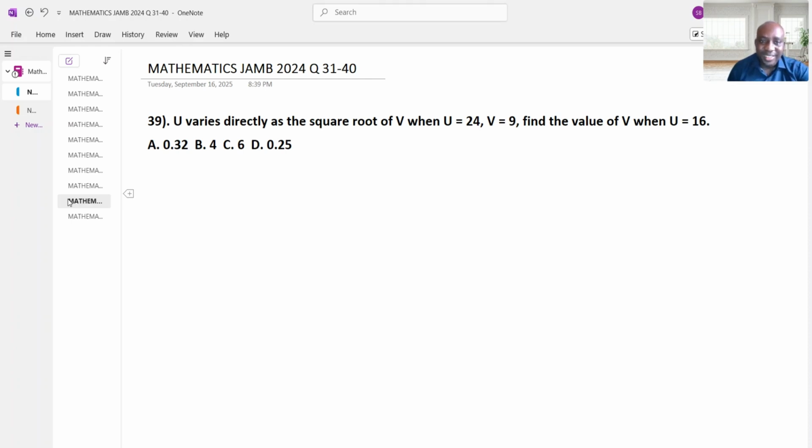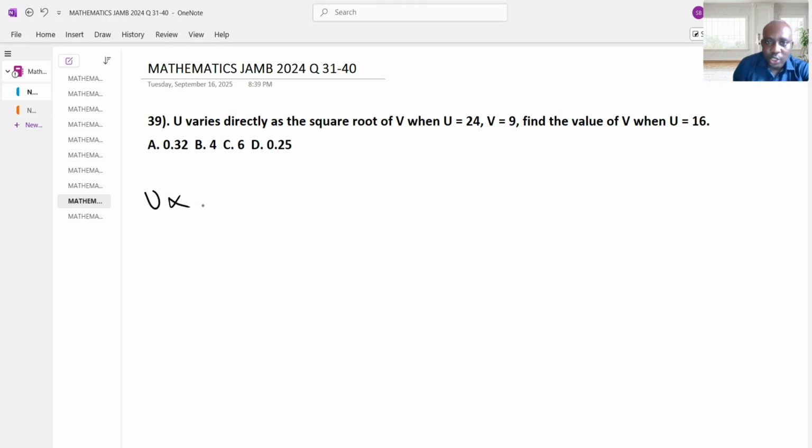U varies directly as the square root of V. When U equals 24, V equals 9. Find the value of V when U equals 16. Now we are going to write the formula that connects them together when U varies